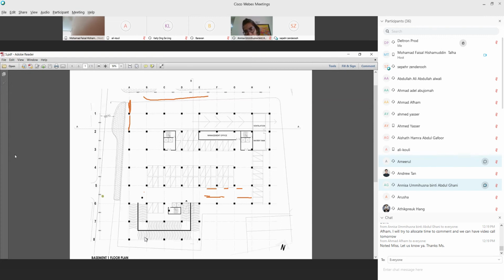The grid line is 8. Oh, this one. I think right now it is around 5 meters. Yeah, you can use 2 more meters. Yes, I can use 2 more meters, but there is no point because we cannot park, right?